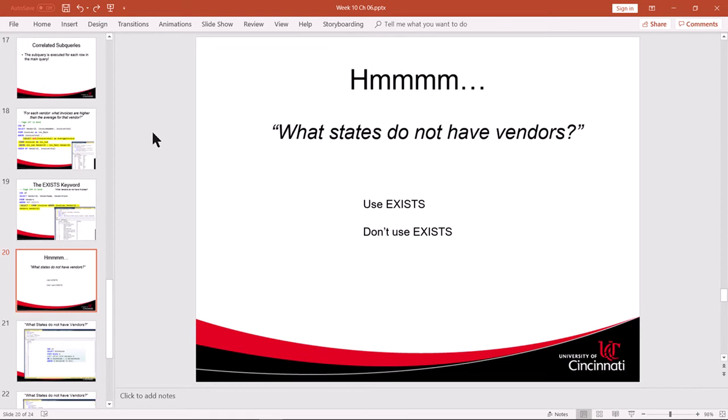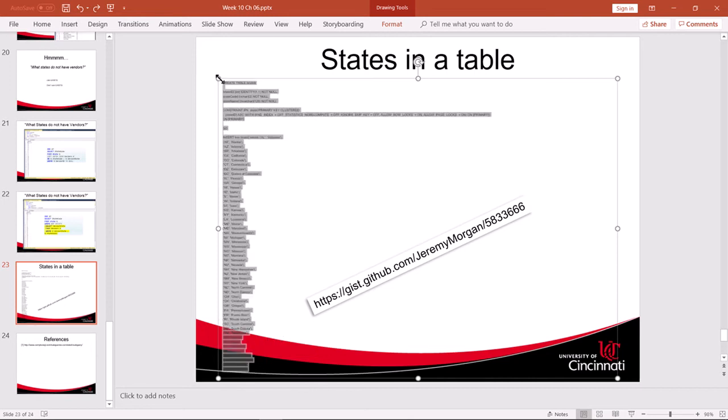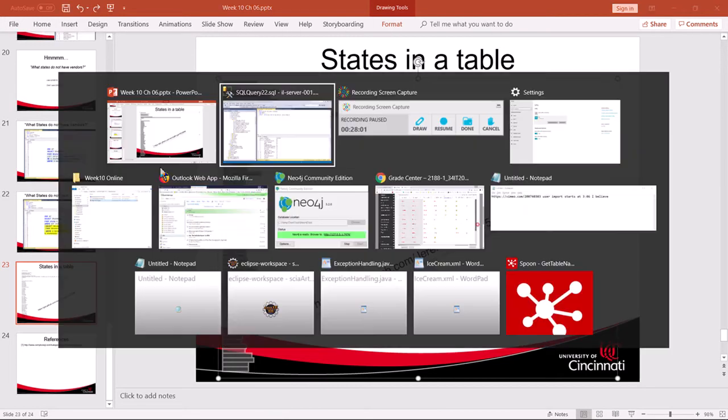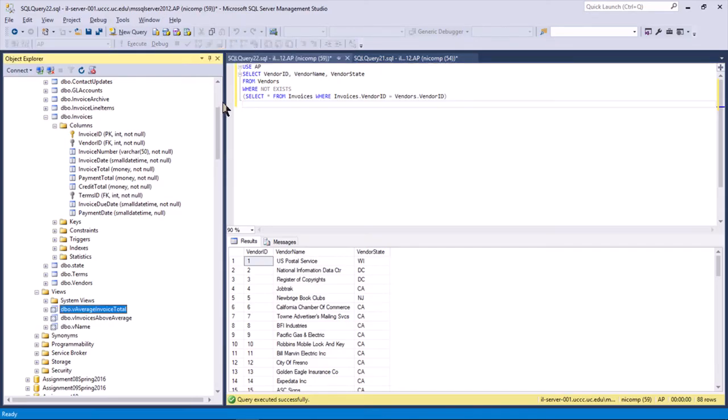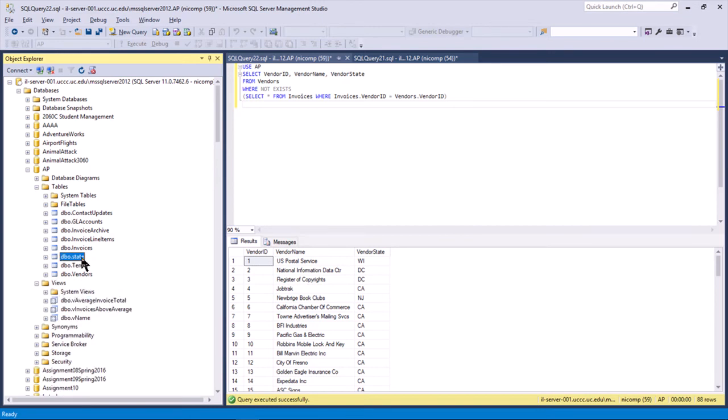Here's another question that is interesting. What states do not have vendors? Now let me skip ahead before we address this. At the end of the slideshow, I provided a script, and this is SQL, but it's not a select statement, it's an insert statement, I believe, that you can use to create the states table. If you look at the AP database, you can see a table there called state,